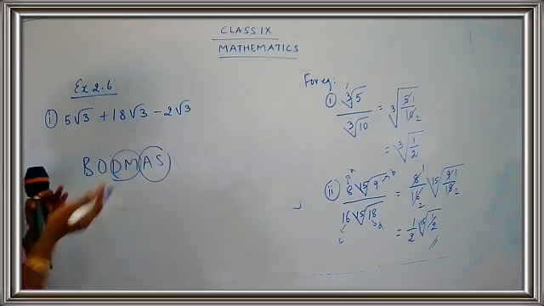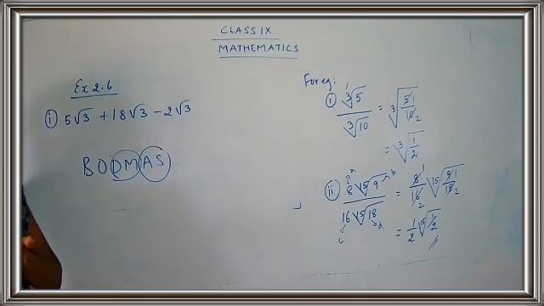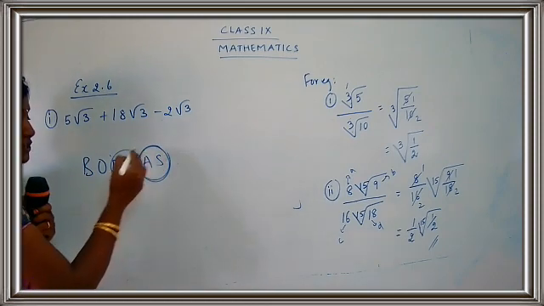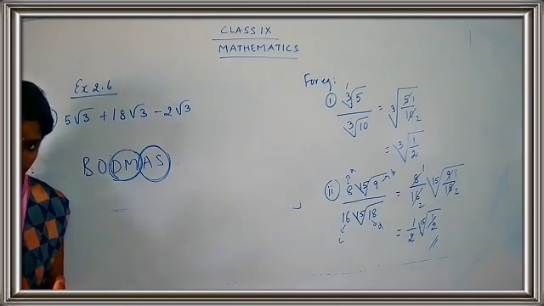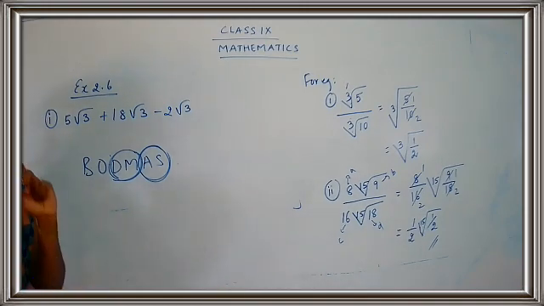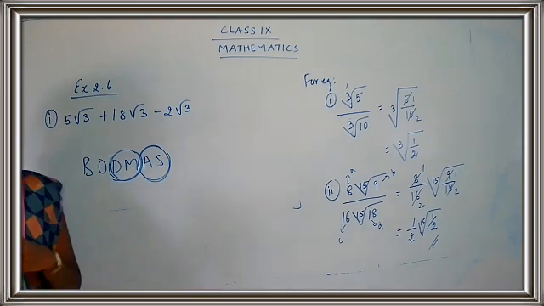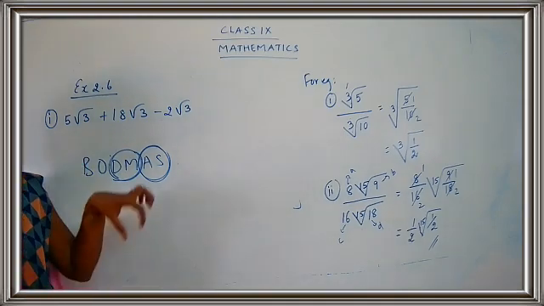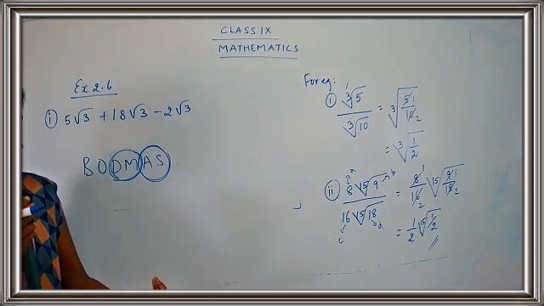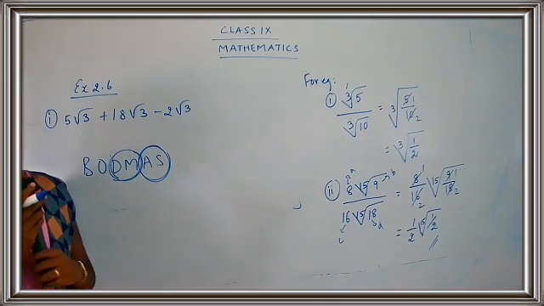In the same manner, now A and S. What is A and S? Addition and subtraction. So addition and subtraction are equally weighted. If you keep addition on one pan and subtraction on the other pan, both are going to weigh the same. That means they are friends. Addition and subtraction are friends and division and multiplication are friends. So if addition comes first, you are going to do addition first. And if subtraction comes first, you have to do subtraction first, according to the position, whoever comes first. So just keep this in your mind.